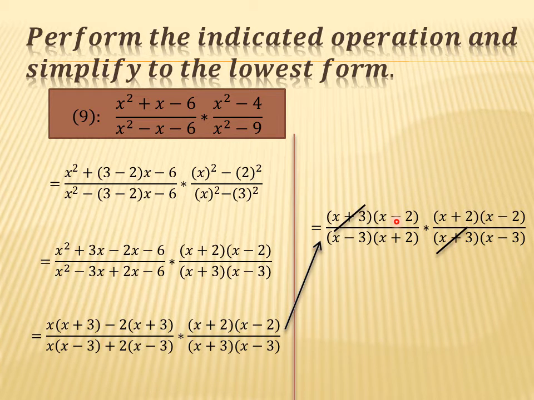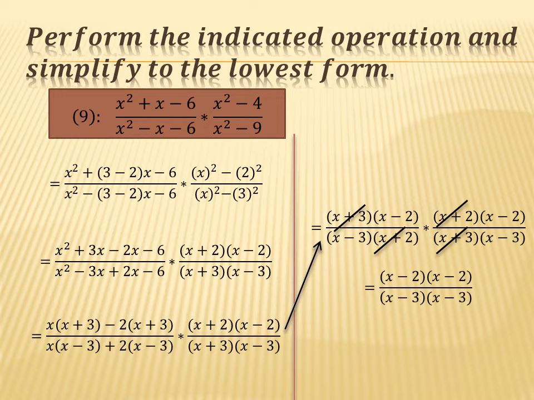Now x minus 2, is there any other x minus 2? Yes, there is x minus 2 in the numerator of the second fraction. But do numerators get cancelled with the numerator? No, numerators can't get cancelled with each other, so we won't cancel it. Coming to x plus 2. X plus 2 is in the numerator here and here it is in the denominator, so it will also get cancelled. X minus 3 and x minus 3 both are in the denominator, so they won't get cancelled.